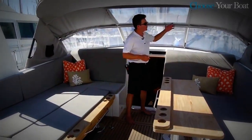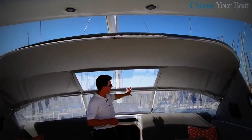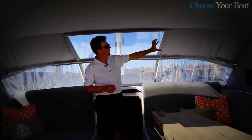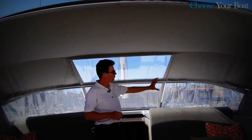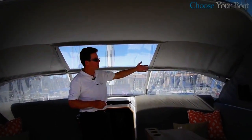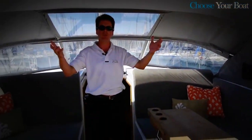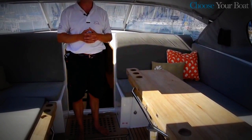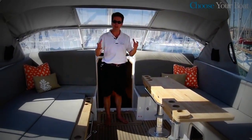All of this area of the cockpit is very protected by the spray hood, which has a windscreen area at the bottom, so you can zip out the entire upper area, either just the window or the entire upper zone to have just the windscreen. It has built-in lighting. So it really is a very protective zone, and of course when you couple that with the big bimini aft, you can have a total protection from the sun, the wind, the cold, the rain,